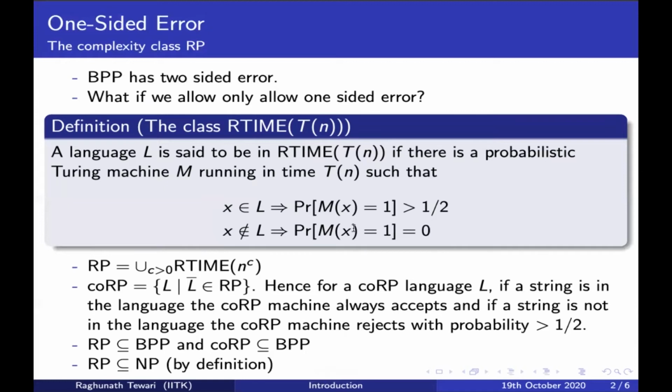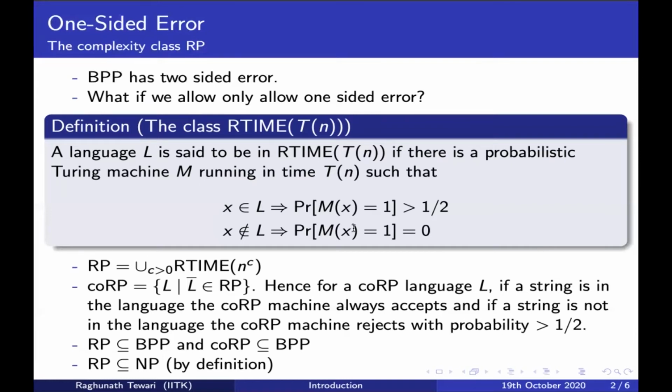And the last relation that I would like to state is that RP is contained in NP. And this also actually follows by definition, because just observe the following, that if X is not in L. So think of a probabilistic Turing machine as a Turing machine where it's a non-deterministic Turing machine. And so